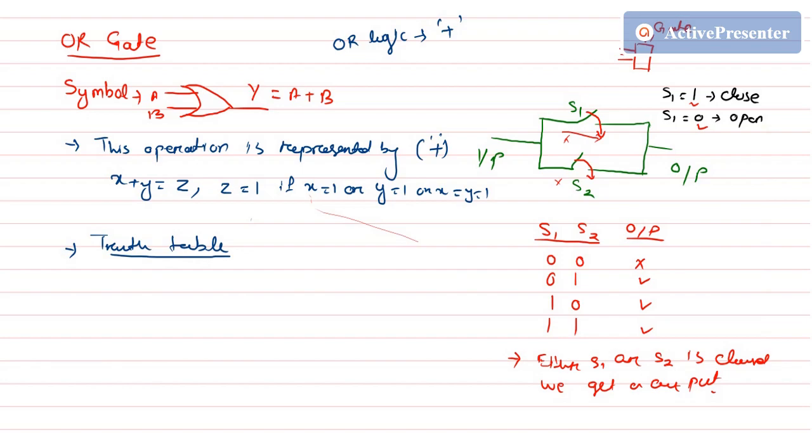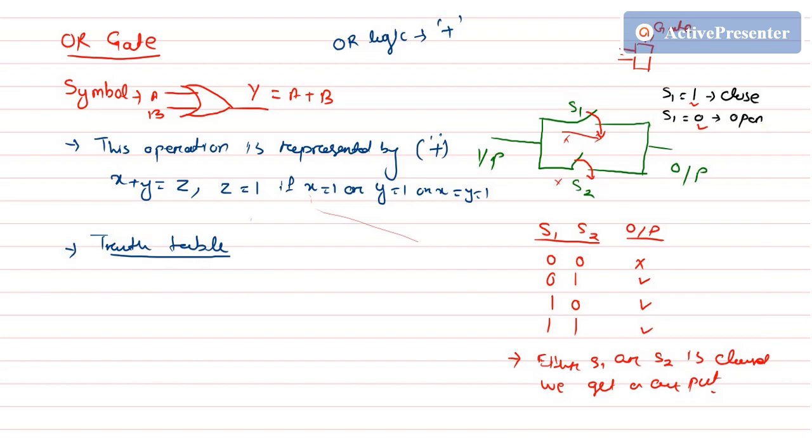Either whatever I am saying is true or whatever I am saying is false. There is no midway. So like this, if you have two inputs given to a system, the output will be either there or there will be no output, or you can say the output will be high or the output will be low, or you can say the output will be 1 or the output will be 0.